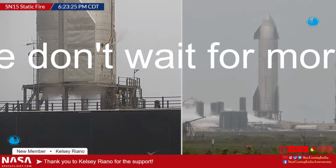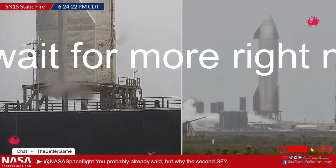that everything is working as they expect it to. So we expect the static fire today to be from the header tanks. At least that is what we've heard, but plans always change in Boca Chica, so I'm not going to say too definitively what the test is going to be, but more than likely you will see a test from the header tanks today, and it is unclear how many engines they're going to use. It could be all 3, it could be 2, it could be just 1. Everything's up in the air, but